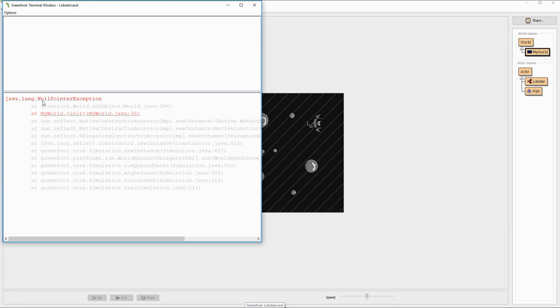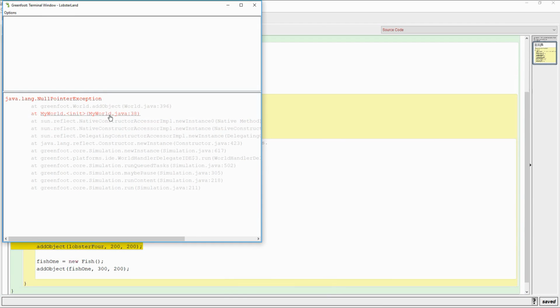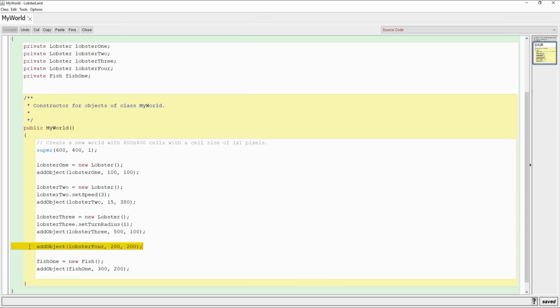And it says null pointer exception. And if I click on that red link, it'll take me to the line where I have that null pointer error. A null pointer exception is the most common kind of runtime error you will have. Null is just a fancy way of saying does not have a value. And the problem is I'm trying to add lobster4 into the world, but lobster4 does not have a value because